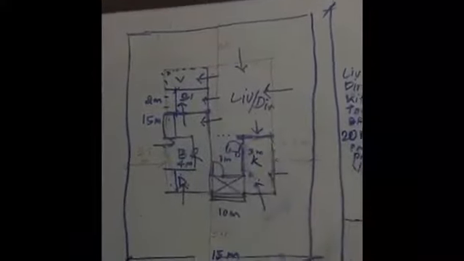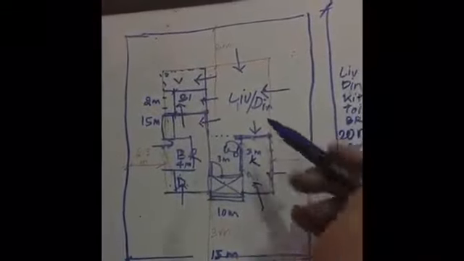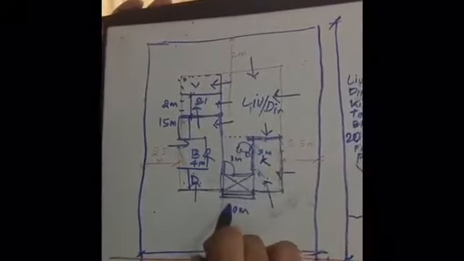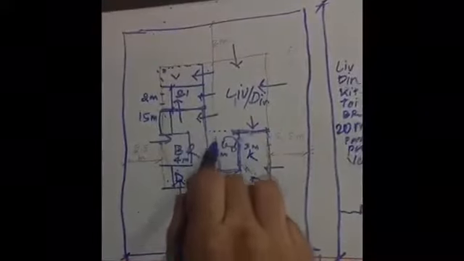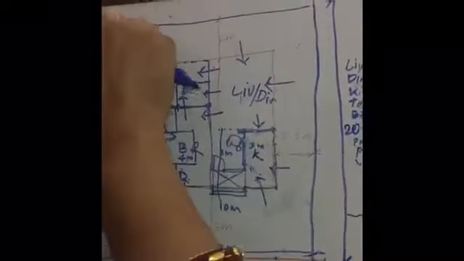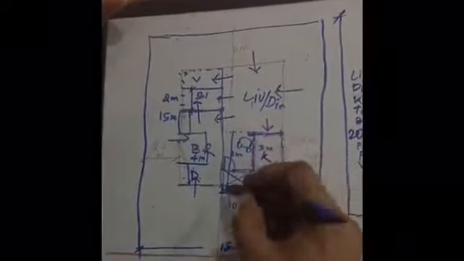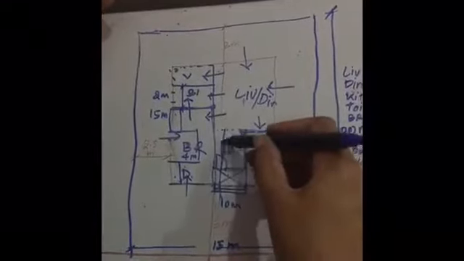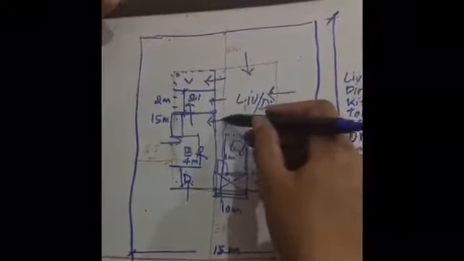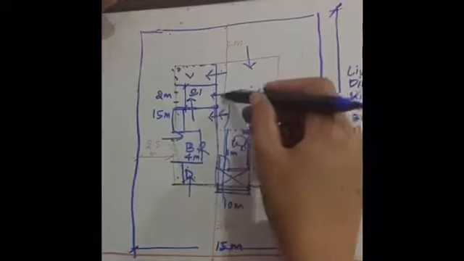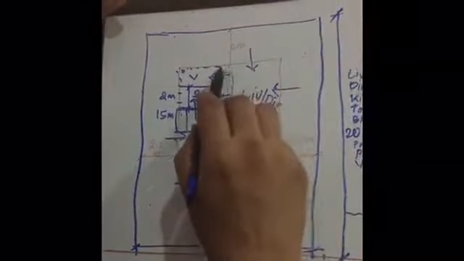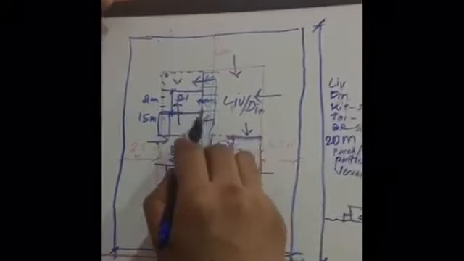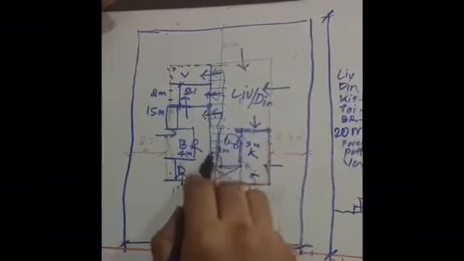Living dining space, the larger it gets, the more difficult it is to design the interiors, because movement is the first criteria in a house. How are we going to move? You're moving like this. Let's use a different color. You're going to move like this, and then there is a movement pattern either from here. So that means this area is all taken up for movement, so you cannot put any chairs or anything in